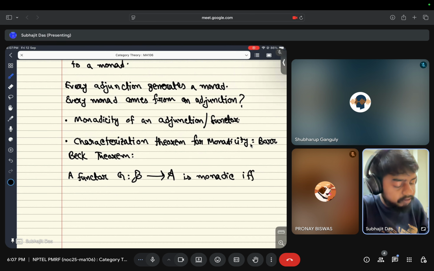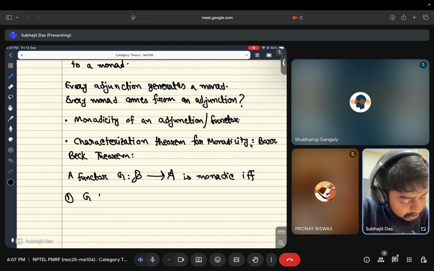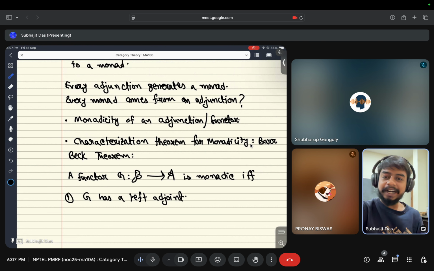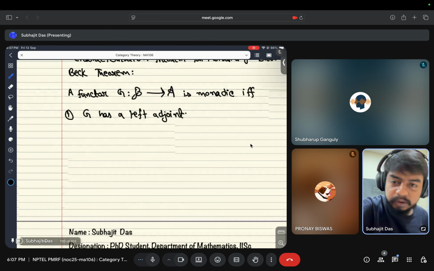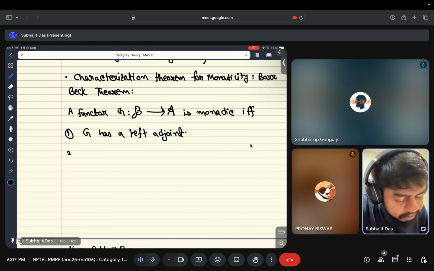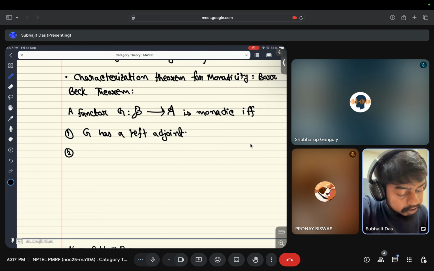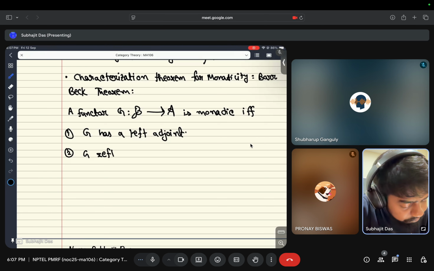if and only if, firstly, G has a left adjoint. So there are many different versions of the monadicity theorem. There's a strict version, there's a crude version, there's a weak version, etc. What we'll be using is this one. The proofs are almost the same, modulo some changes. G has a left adjoint, G reflects isomorphisms,